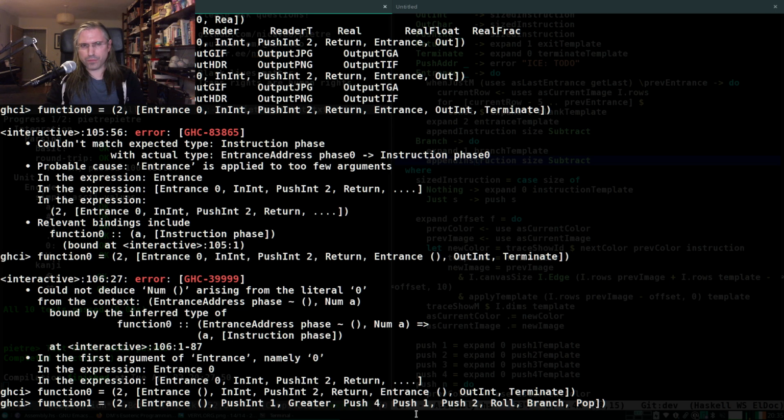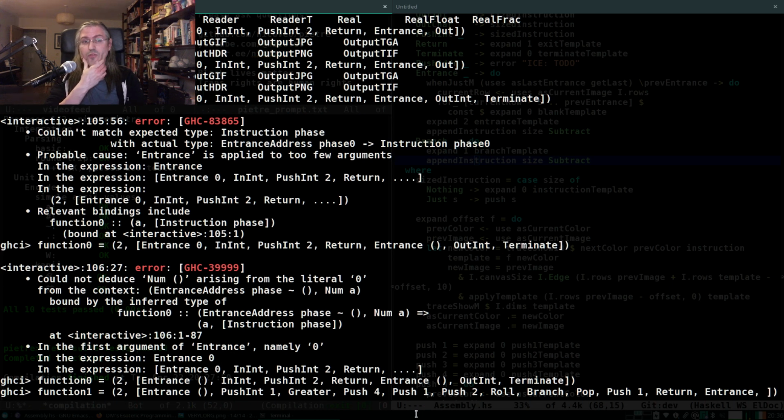Pop off the address that we no longer need. And in this branch, we're basically going to be pushing a 1 and then return. Except no, we're going to have to actually make sure that this 1 is below the return address, that the return address is on top of the stack. We can do that later. Then second entrance,